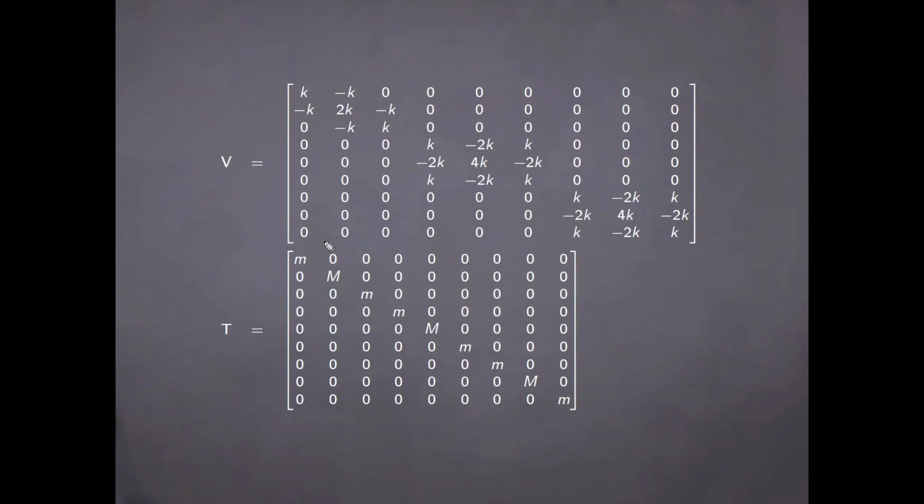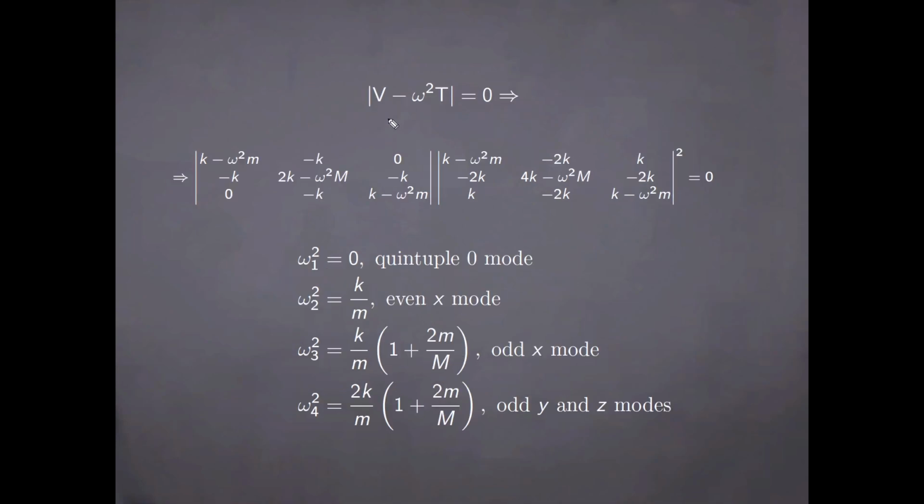So this would be a very difficult problem in principle, but fortunately for the simple potential that we have chosen, it factorizes quite nicely. So the potential energy just factorizes into 3 distinct blocks, and the kinetic energy is diagonal. So it's very easy to write the secular equation down as a product of 3 determinants, and we can solve for each of them separately to find the following